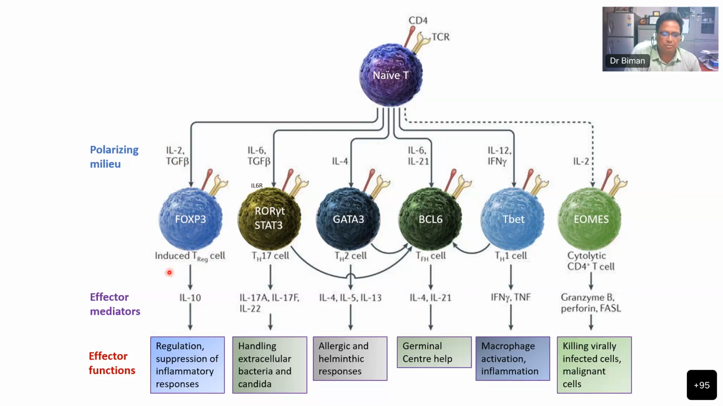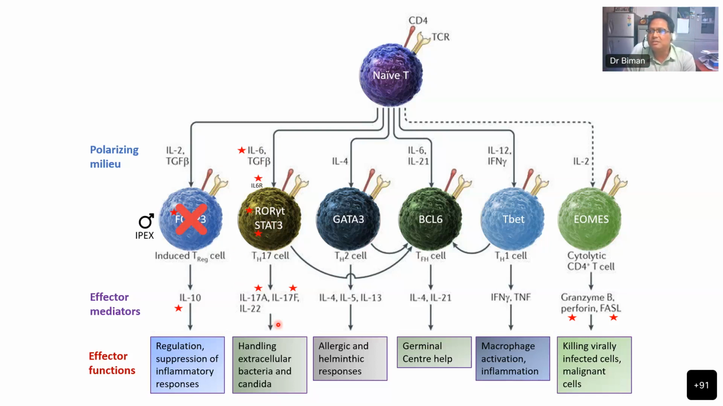FOXP3 is very important for producing the T regulatory cells. ROR gamma T and STAT3 are very important to produce the Th17 cells. GATA3 is important for Th2. Now, what happens if there is a defect there? In all these molecules, you can have genetic defects. These are basically, as I told you, patients that you see in the clinic. For example, if there's a defect in the FOXP3, what happens? The T regulatory cells cannot develop, and this gives rise to a